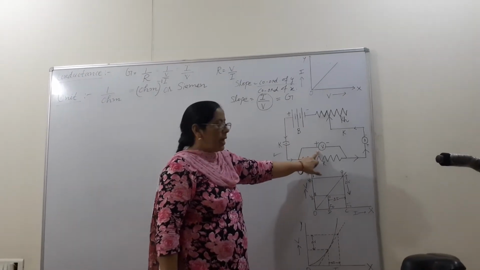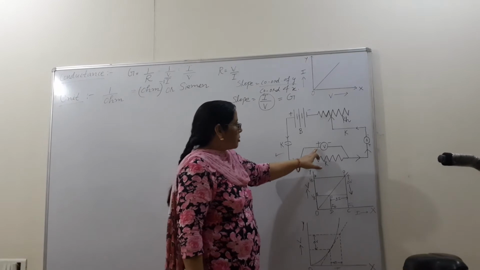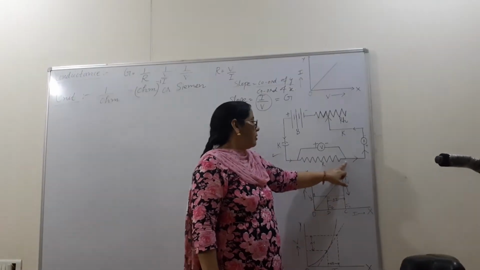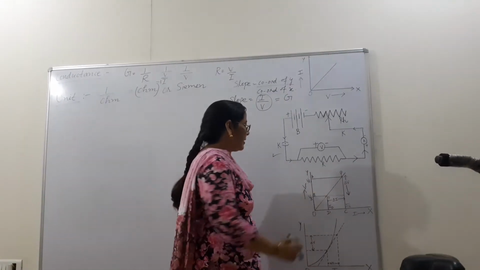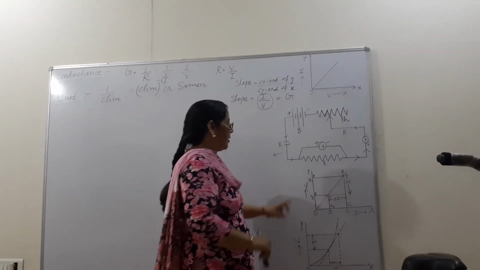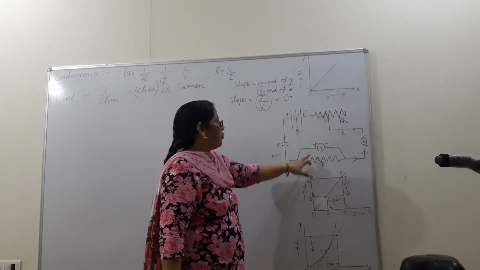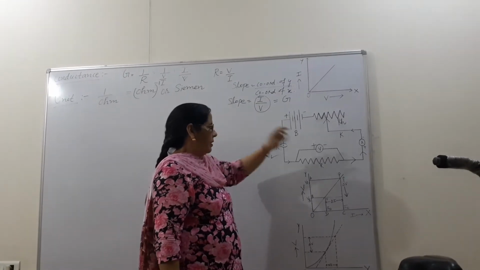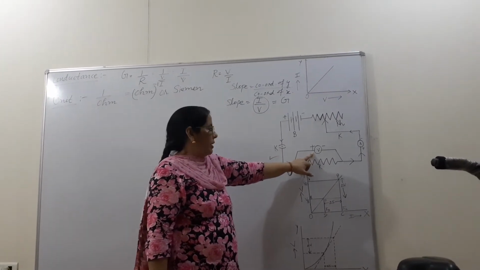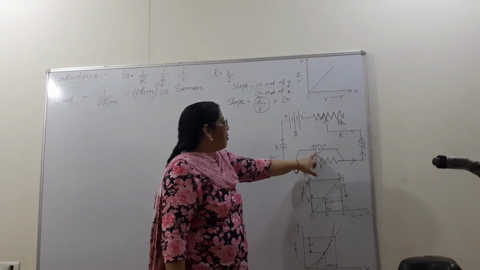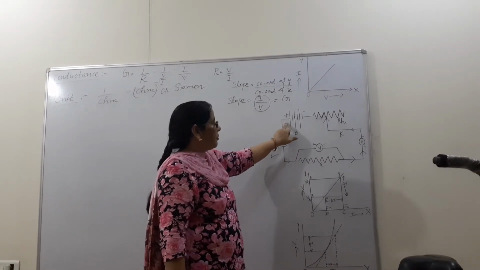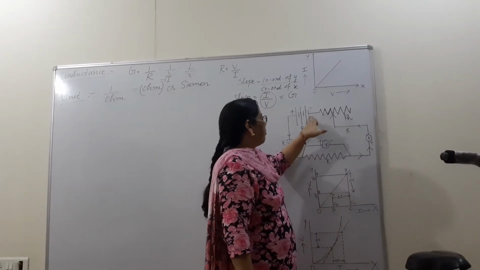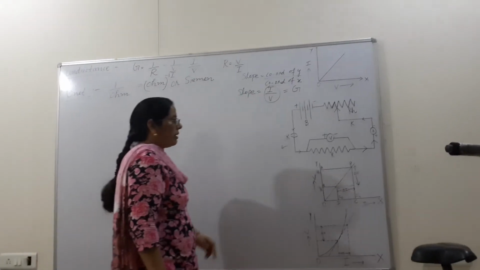Then the voltmeter is connected in parallel. Parallel means both its terminals are attached with a common device. Common device means this resistance wire here. With that resistance wire we have connected its positive and negative terminals. This means it is in parallel combination. Again, its positive terminal is attached with the positive of the battery and its negative is attached with the negative of the battery. Then beta, what did he do?